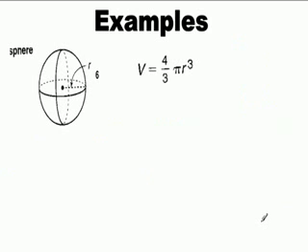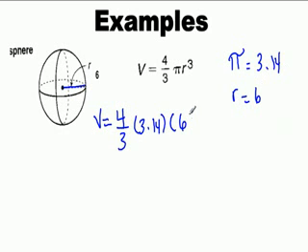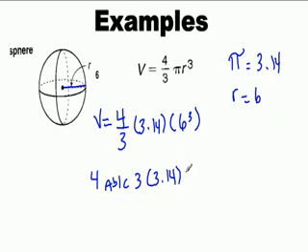The last example is a sphere, and the volume of a sphere is 4/3 pi r cubed. So we need to figure out pi and r. We know that pi is 3.14, and we know that our radius here is 6. So the formula would read 4/3 times 3.14 times radius cubed. On your calculator, put 4 A B/C 3 for the fraction, times 3.14 times 6 caret 3 for cubed. So let's go ahead and do that. 4/3 times 3.14 times 6 cubed. And you should get 904.32